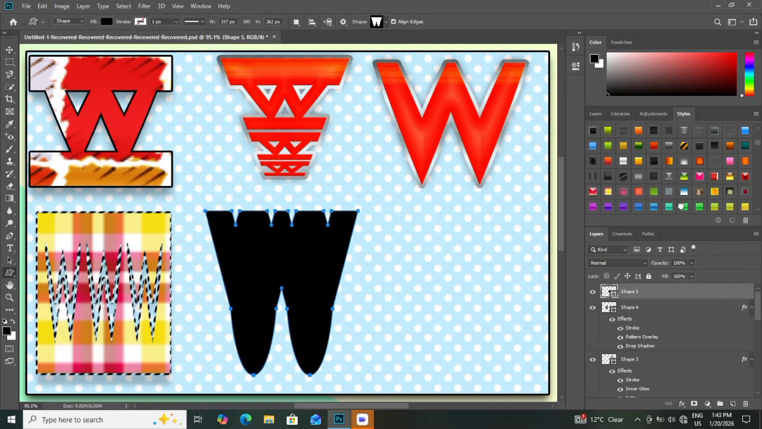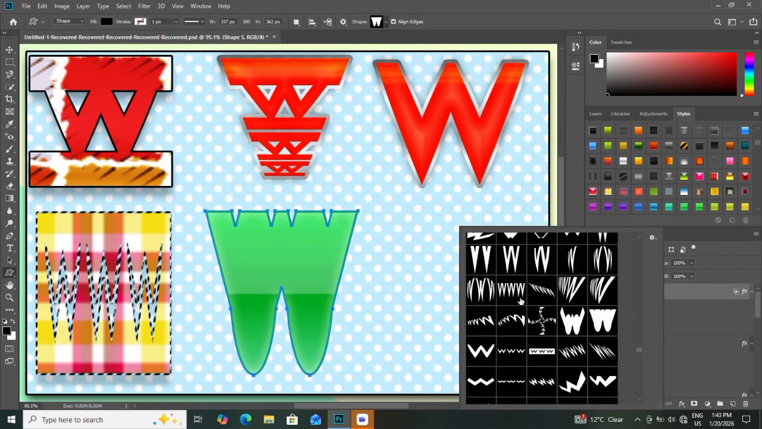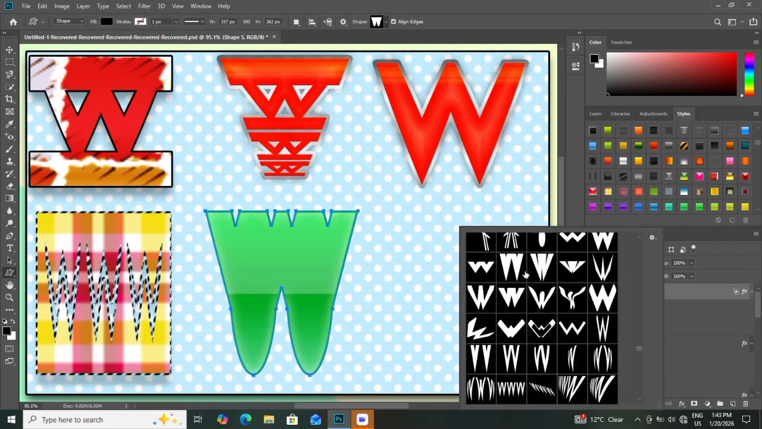I add pins to lock the torso. I zoom in and refine edges. I apply the warp and zoom out. The character